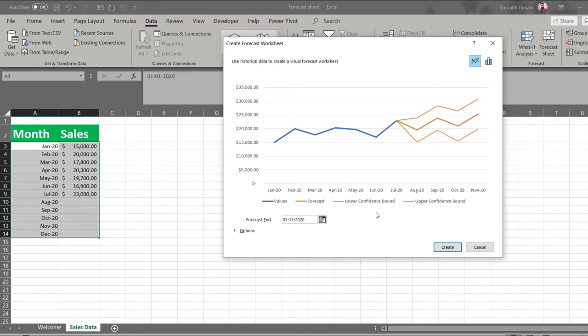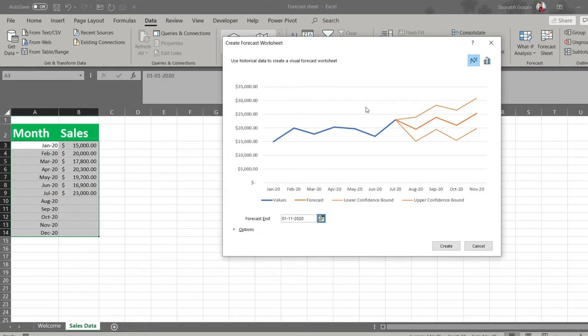Along with that we have our lower and the upper confidence bound, which means it is also considering any predicted or unpredicted variation in sales. Now one thing you need to make sure of is that below the line chart we have an option of forecast end, which means at this point our forecast ends. But as you can see, it has a date of 1st of November, and in our data we have December as well. So to change it, I will simply click on the calendar button